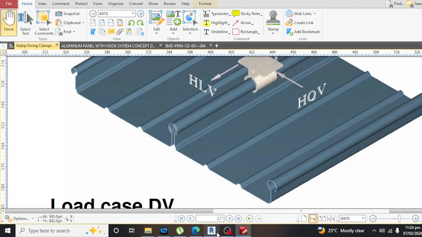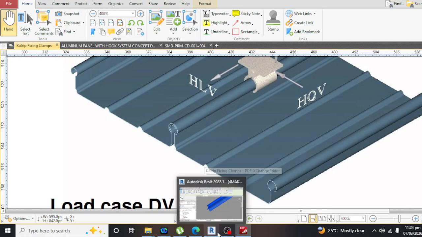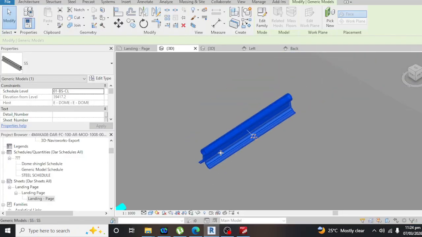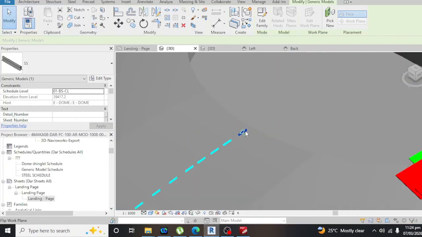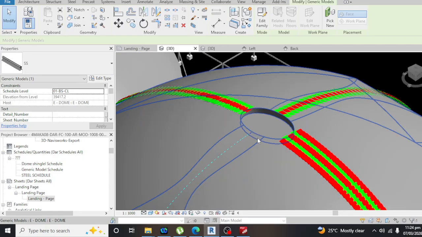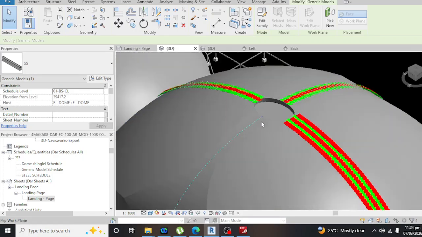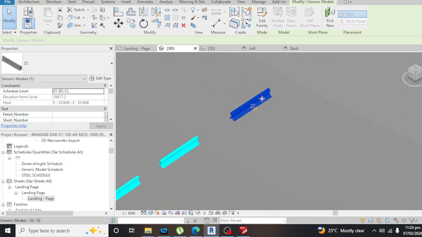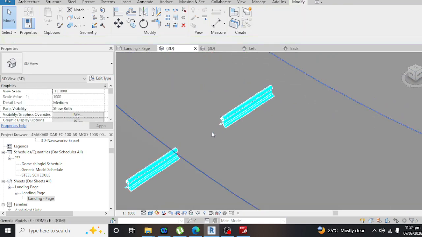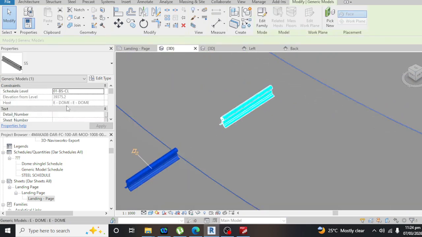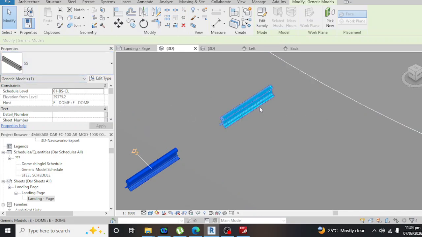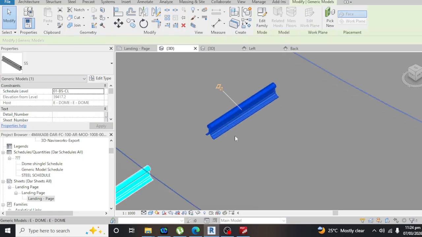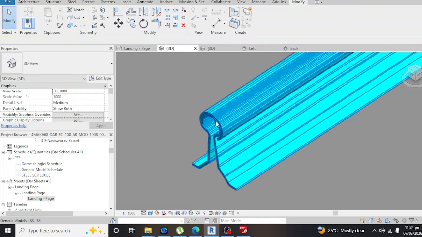That's why I made my own. This is it, and I put it on the face of the dome. I just made a 300 length for the face of the roof to be crimped.